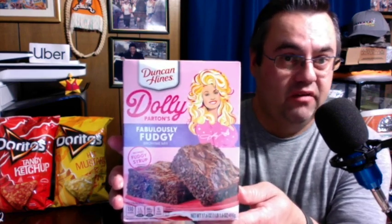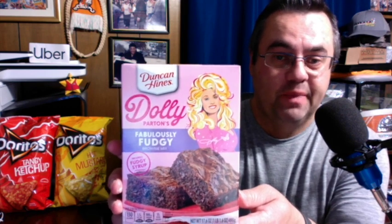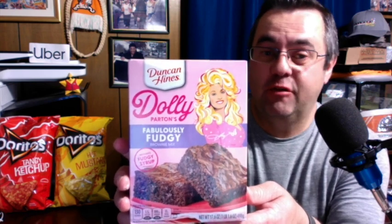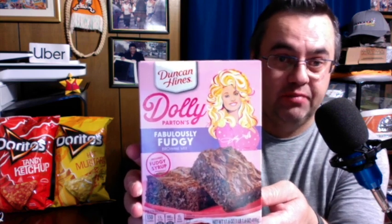these ready for you to see, and that's Dolly's Fabulously Fudgy Brownies. And oh my gosh, they are fabulously fudgy. So if you can find these in your area, definitely give them a try. They are available on Amazon. You will pay a little bit more ordering them from Amazon, but if you can find them in your local grocery store, I urge you to check that out. I know they're here in the Tri-Cities area. They're at my Kroger, which I normally shop at here in Bristol. All right. So moving on,